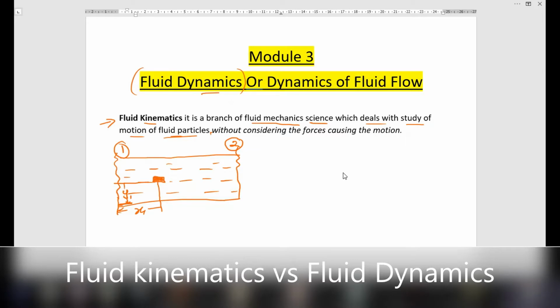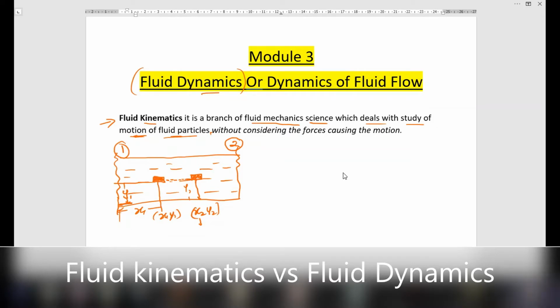So what are the space coordinates of this particle? x1, y1 are the space coordinates. Now this fluid particle is under some motion, because we said we study fluid motion. The particle moves to the right-hand side, to a new position. The space coordinates of the new position are x2, y2. x2 is the distance from the inlet, and y2 is the height from the bottom line. This is the new position after some time.